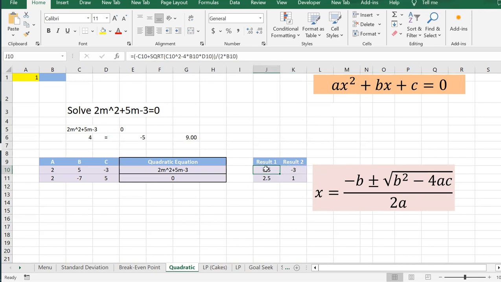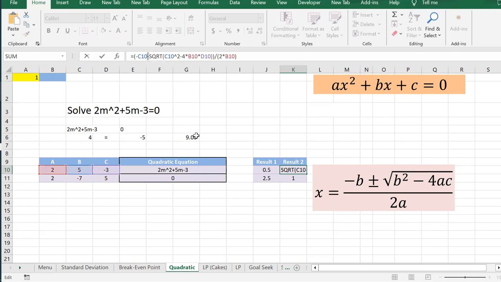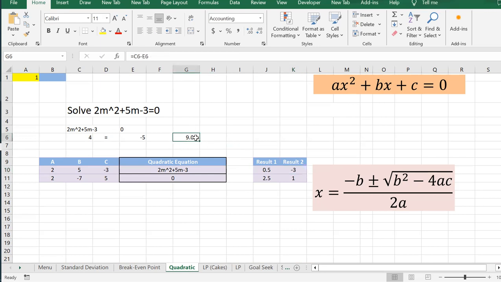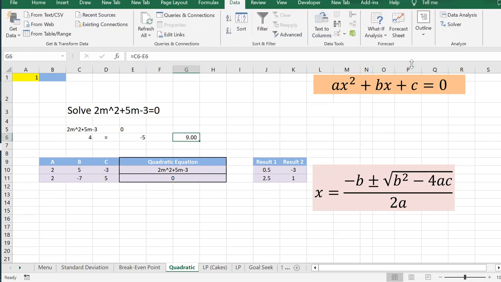One value for the plus case, and the other value is the minus case in here, right? Okay. Now let's check it through the goal-seek, that we go to the data, we use the goal-seek here, what-if analysis,